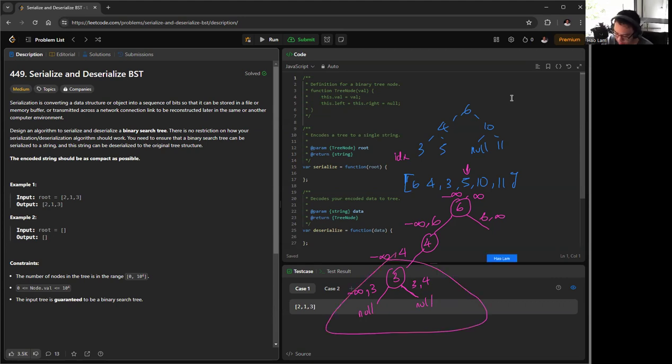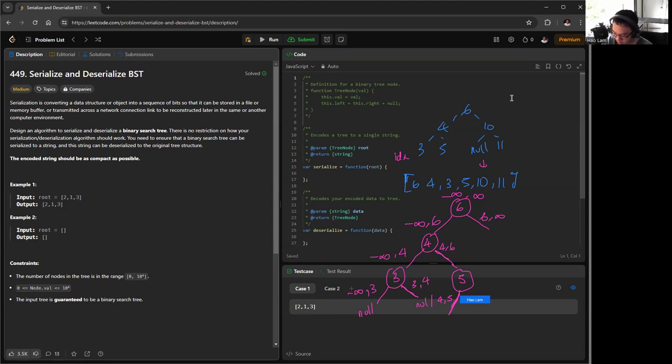We finish with the left subtree here, so now we look at the right side here. 4, what is our bound here? Our bound is 4 and 6, and 5 is between 4 and 6. So 5 is in here. And then we update our pointer and we go to the next level. So our next level, our new upper bound would be 5, and the lower bound would be 4. 4 and 5,